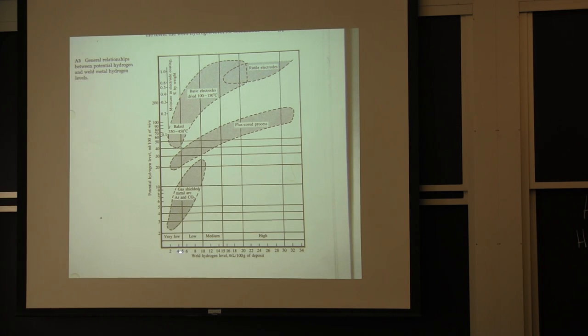Okay, weld hydrogen level, milliliters per 100 grams of deposit. That's the same as cubic centimeters. So you can think of this as parts per million. And you can have